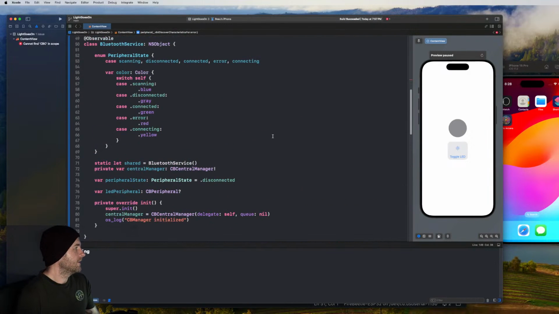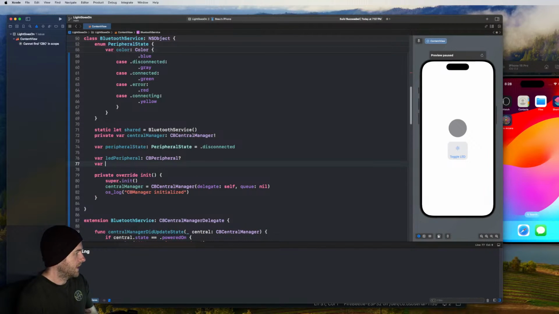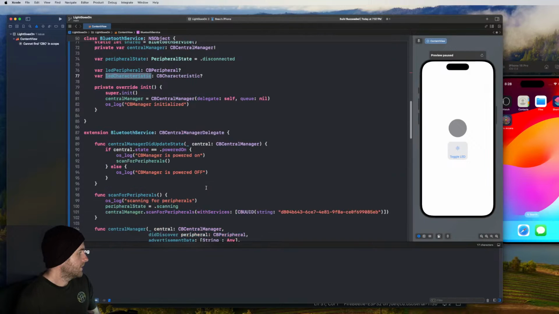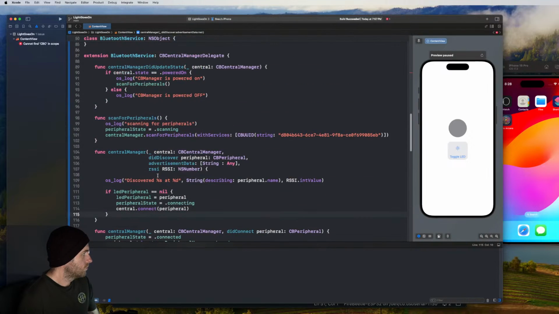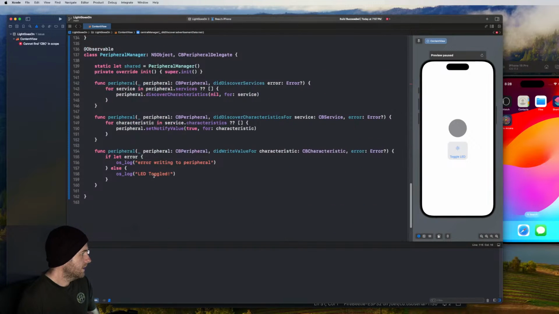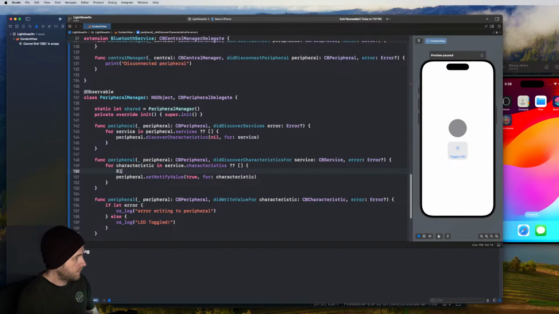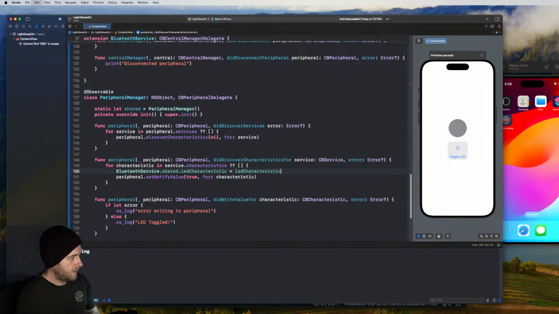Yeah, it looks like we need to keep track of it in this Bluetooth service here. So what we'll do is we'll throw it up here. Next to the peripheral, we'll say LED characteristic as well. This is CB characteristic, and that will be an optional. And then again, we come down here to our Bluetooth service, set notify value true. Got our characteristics. So what we'll do is we'll go Bluetooth service shared LED characteristic, and we'll set it here